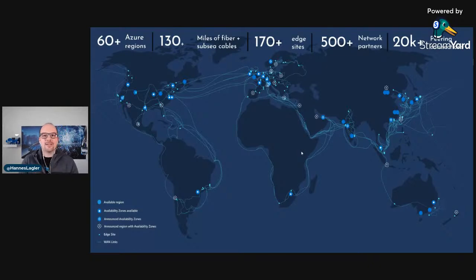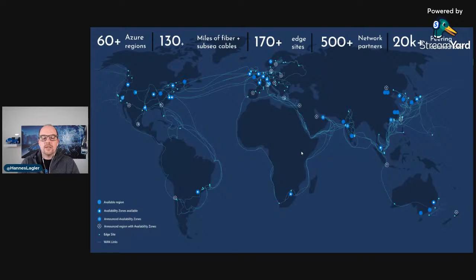I'm really happy that maybe next year an Austrian region is also planned, and hopefully next year the region is also available. But at the end, we have more than 60 Azure regions which you can use to place your virtual WAN components. And you can bring Azure regions, or the connectivity to Azure, really near to your branch office or to your headquarters, what you prefer.